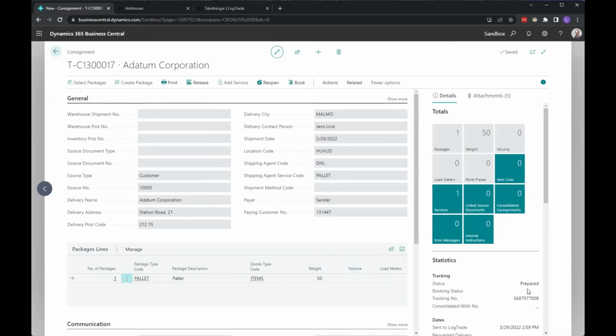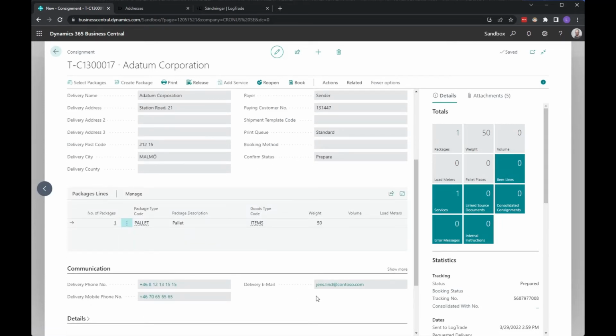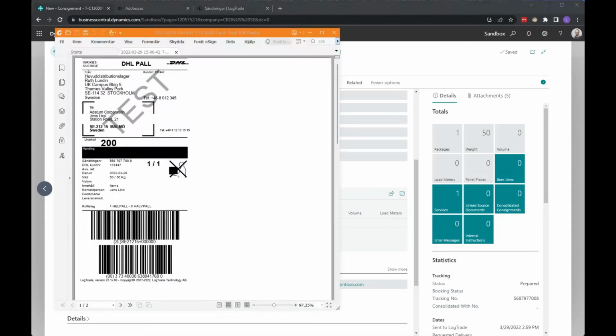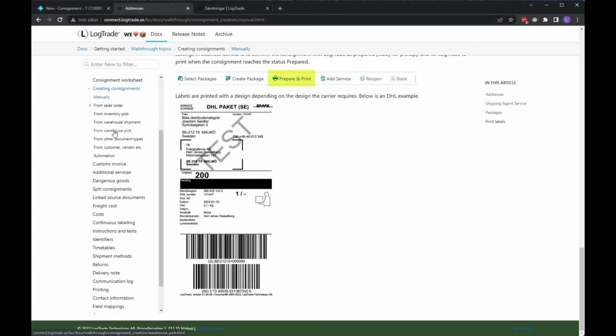So everything was fine. It is prepared. We got the tracking number, and I should get a label. Let's see where I printed it. On the standard print queue. Okay. So I think my PDF printer is just a bit slow. Okay, there we got it. Great. So this is the most simple way of creating consignments. And let's stick to the